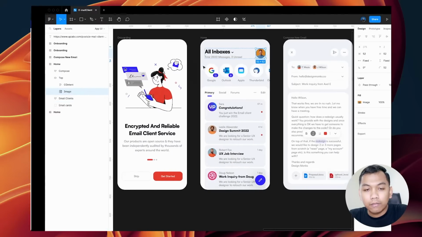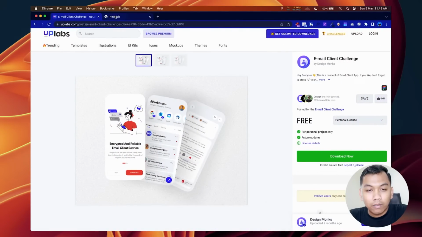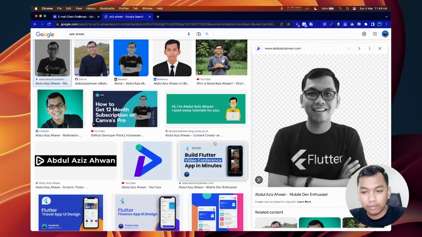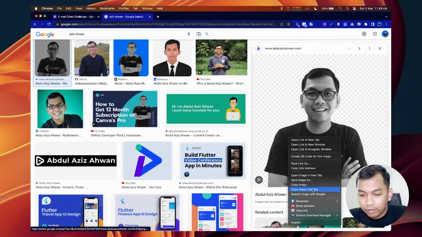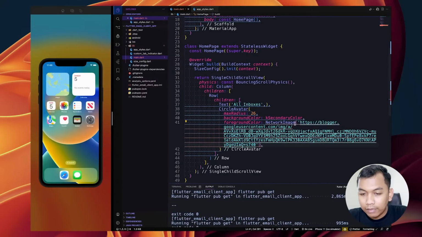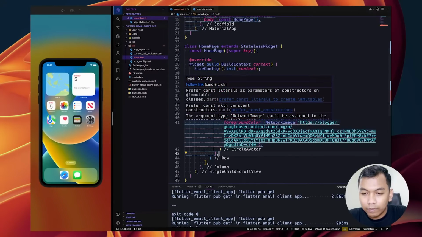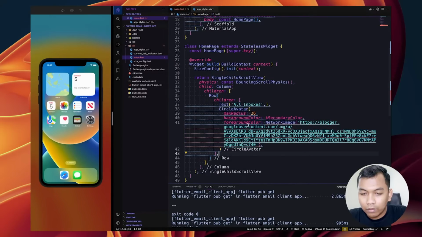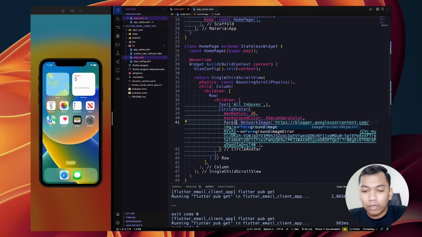So let's find the URL maybe. So let's use my image, copy image address and paste here. I'm sorry, not foreground color, but foreground image.